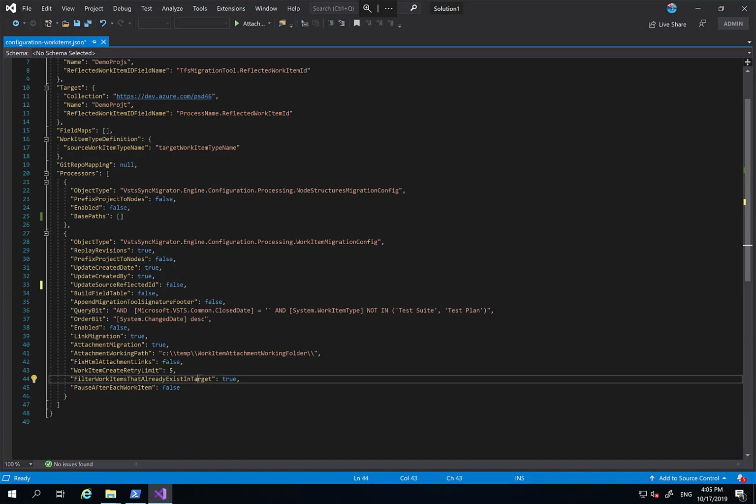By default, you want this set to true, because if you're migrating 30,000 work items and it glitches after 5,000, you don't want to have to load and skip over each of those 5,000 work items. So that will filter those out. So I recommend getting a full run with this enabled, and then using a date-based query. So see, you've got close date. I would do a full migration, and then do